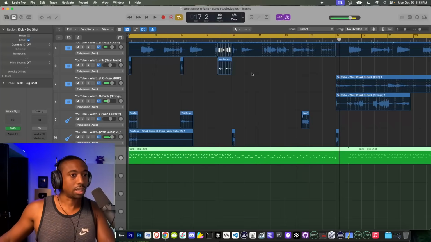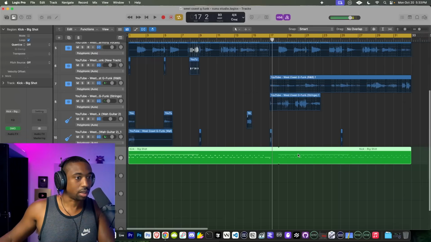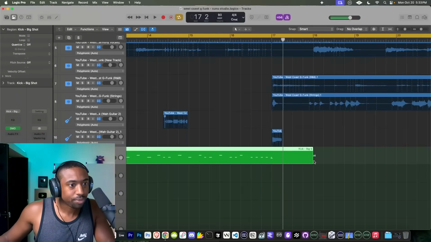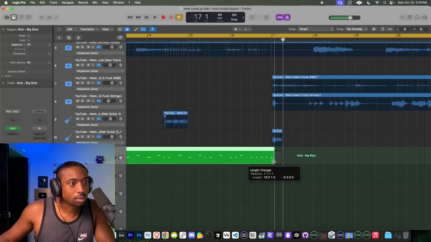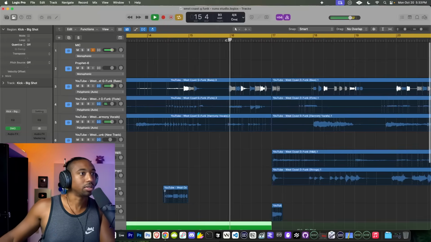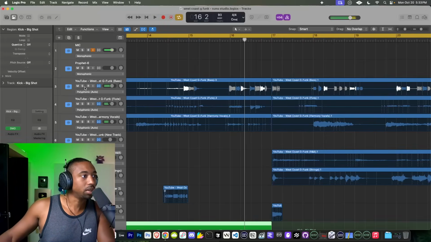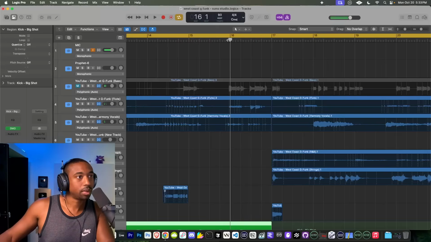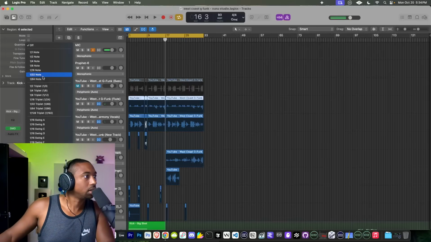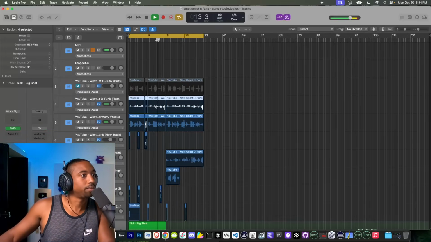So it's a little sloppy at the end. We just got to go in and figure out what's creating that sloppiness. All right, so let's pull the drums back up until about here because they got a little sloppy at the ending. Let's figure out what is causing the slop first. Let's mute each track. This will help. Okay, so it's the flute that's off. So let me quantize this flute to 32nd.